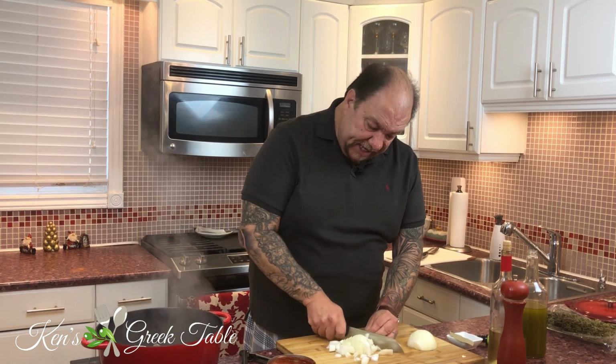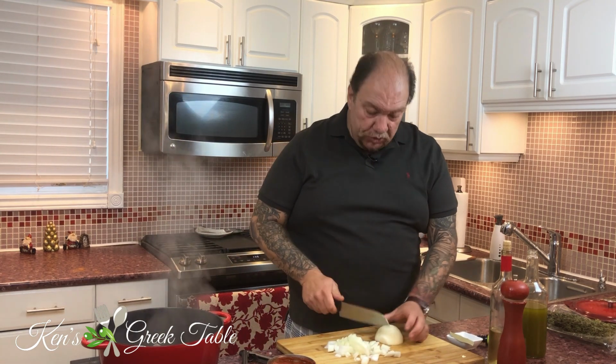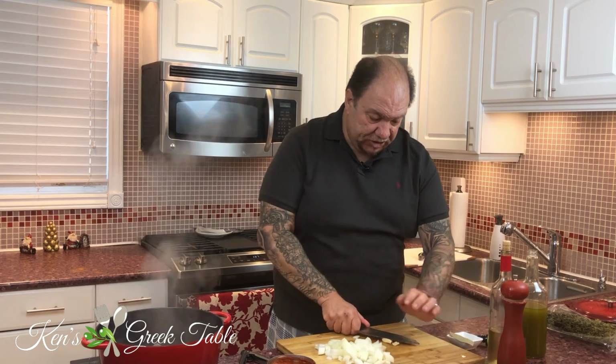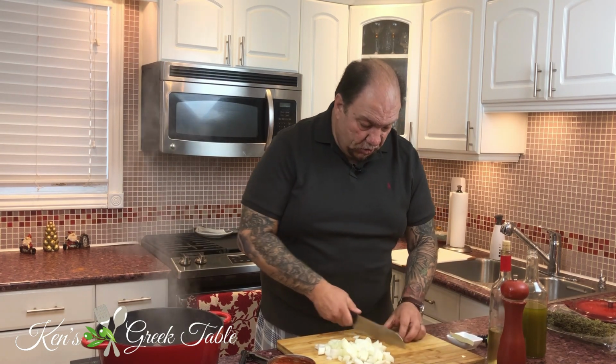You don't have to go too crazy on this. Just nice and easy. Big chunks is fine. At the end, I promise you, you won't be able to really see the onion, because it's going to cook right down. I'm going to take 4 cloves of garlic, smash them, and then just start slowly